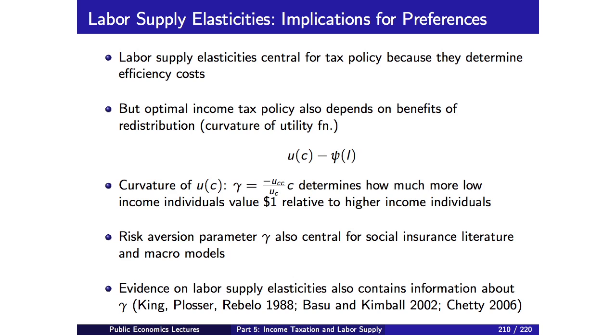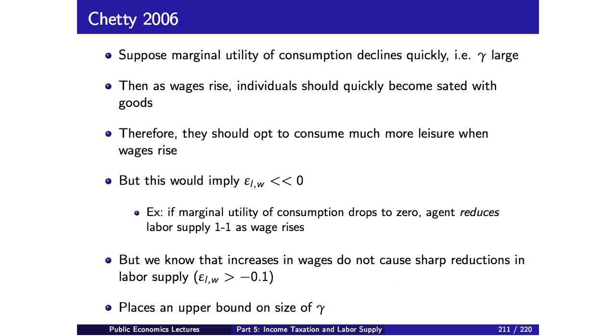So there are a few papers in the macro literature, a very well-known paper by King, Plosser, and Rebelo on the structure of utility functions and elasticities. And I'm going to talk briefly about this 2006 paper. This is the one in the AER. So let me first give you the simple intuition and then just go through a quick derivation.